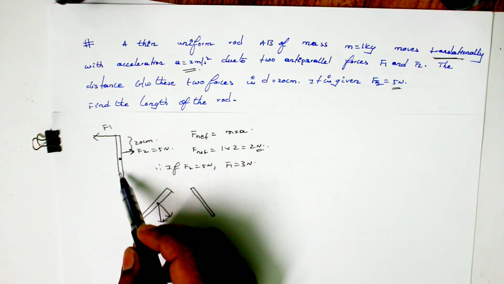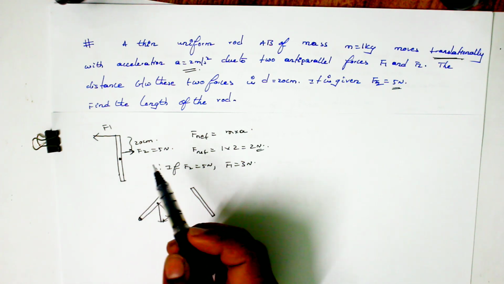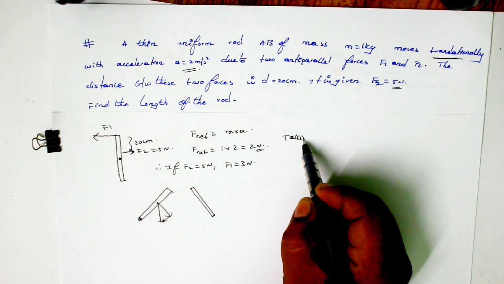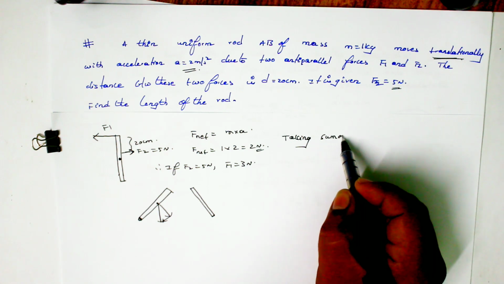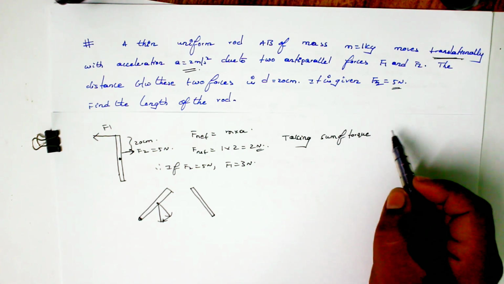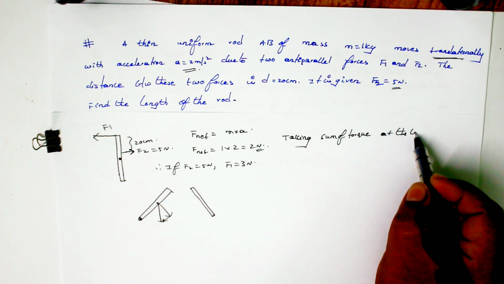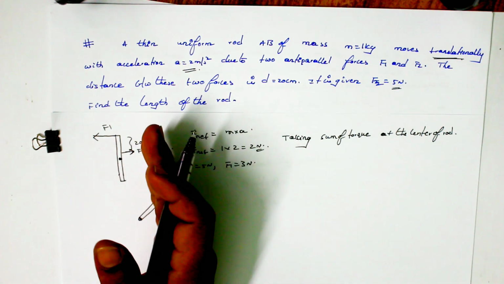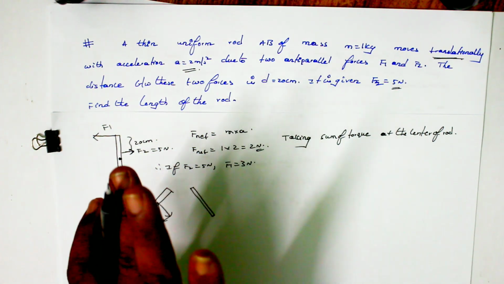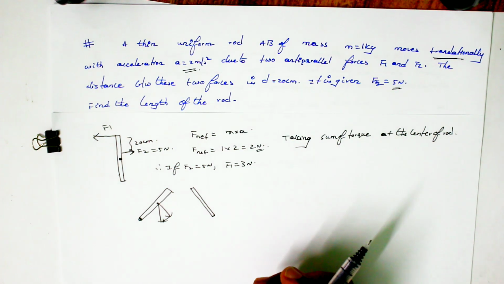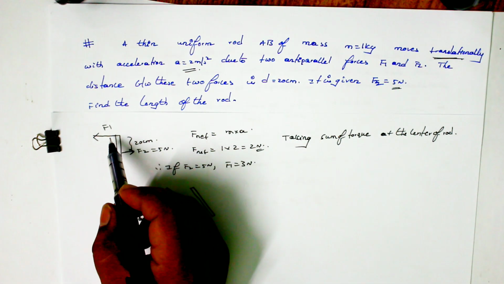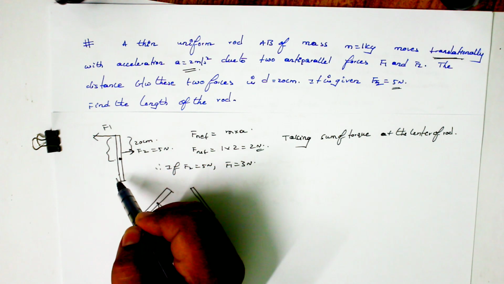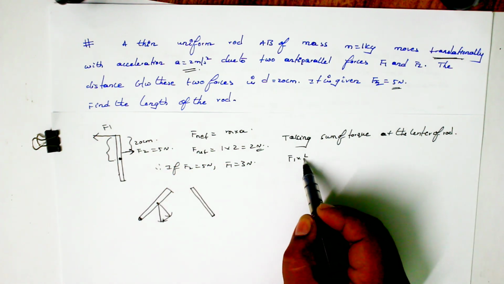Because mg is acting at the center of mass only, and at the center of mass mg cannot show any torque. So therefore, taking the sum of torques at the center of the rod, I can write down that if F1 is providing anti-clockwise torque, then F2 should provide clockwise torque, and both of them should be equal. So from the axis of rotation, F1 is at a distance of L by 2. If I take the total rod to be L, then I can write F1 into L by 2 should be equal to